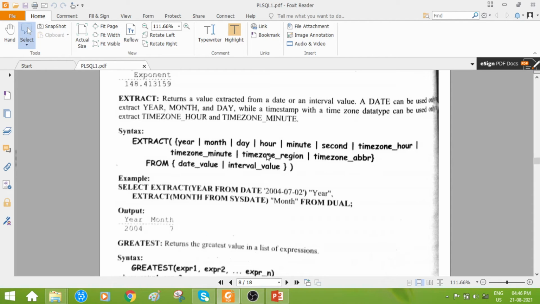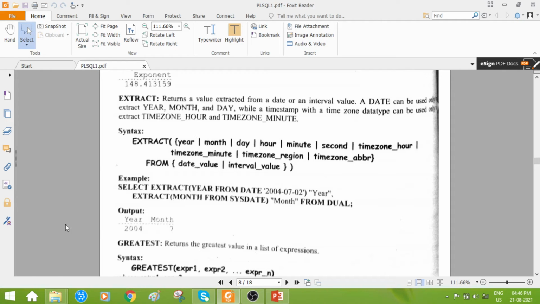This much is one content. Here it could be month, day, hour, minute, second, time zone hour, time zone minute, region. Okay, this much is one part. Then from, with respect to a given date value or interval value. Okay, this is the syntax.